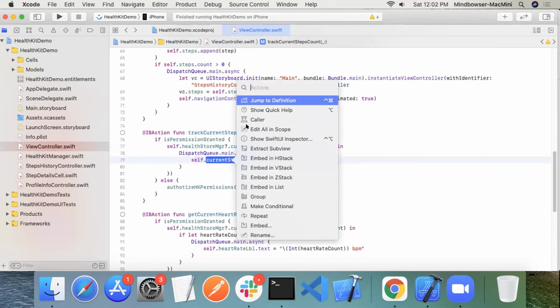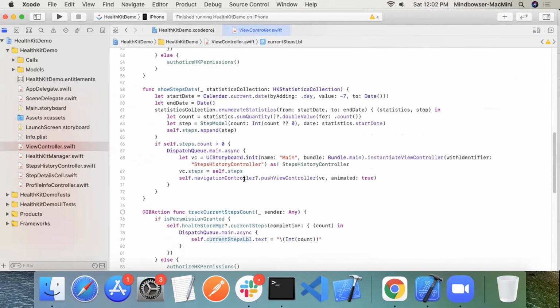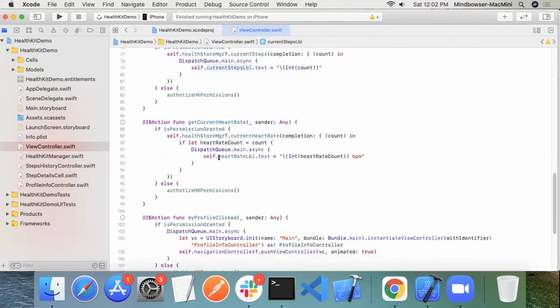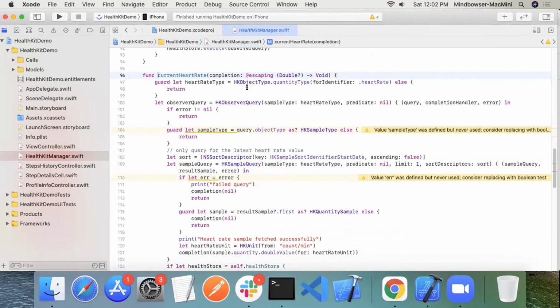As we already mentioned, here we use the current step label. After that, we write the same function for the current heart rate. Here also we check whether permission is granted, then we call the function getCurrentHeartRate. Here also it is the same HKObjectType quantityType for identifier heart rate, so we need to provide the particular identifier for that.